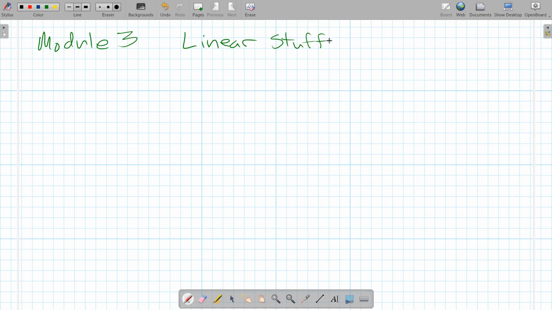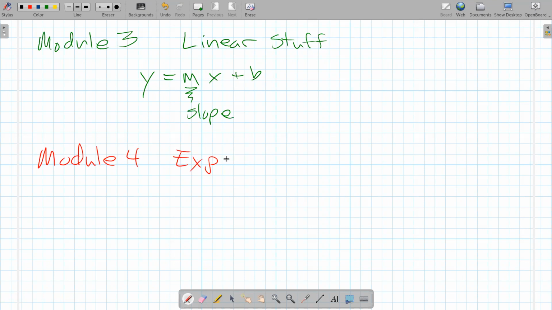Like you might remember in the beginning, we compared lines to those parabolas, to those hockey stick kind of shapes. But mostly we learned about the many aspects of y equals mx plus b. And the biggest thing here was the idea of slope and how slope is used in different applications throughout our existence. In module 4, what we're moving on to as of yesterday, we're switching over to mostly exponential stuff,